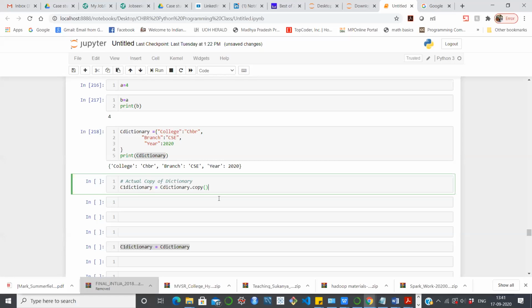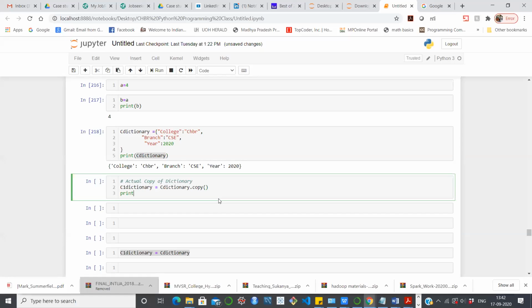Then if you print, let me print the C1 dictionary here, as well as the C dictionary.